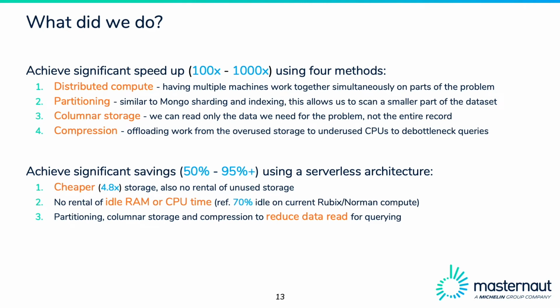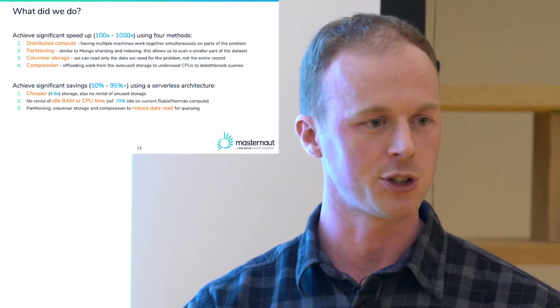So what we did were 4 main things, right? And we didn't invent any of this. I'm not trying to take credit for this. This is all standard stuff that any big data company will be doing, especially time series data companies. So distribute the computing. In other words, don't have one monolithic database answering these problems. That's really important. Partitioning. Segregate your data into chunks so that you only have to read one chunk out of